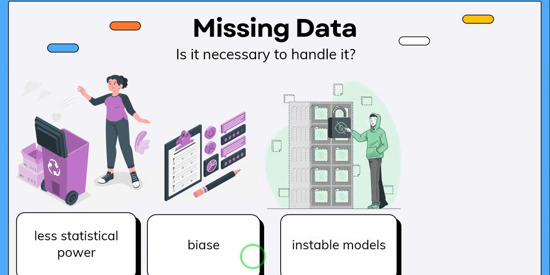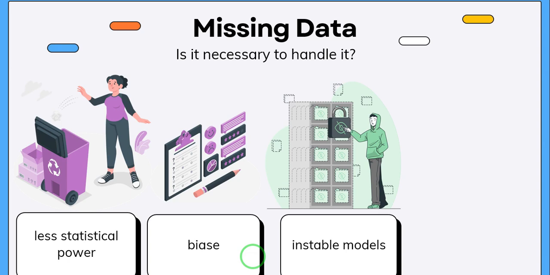And the third problem is that missing values can add model instability too, because many statistical models and functions in R, like lm (linear model) or glm (generalized linear model), will just drop rows with missing values by default. That means your analysis might silently be using fewer cases than you think, which results in changing the results without